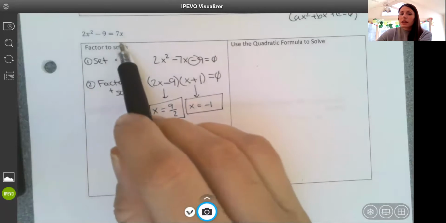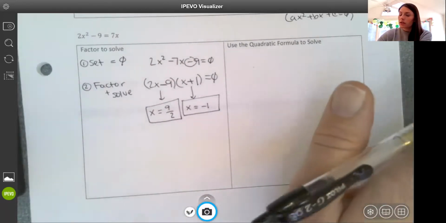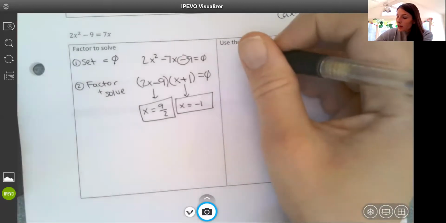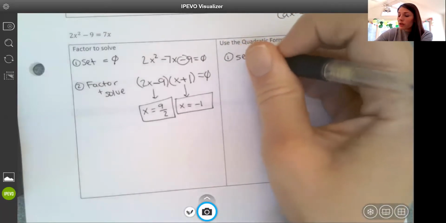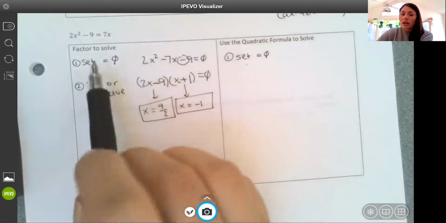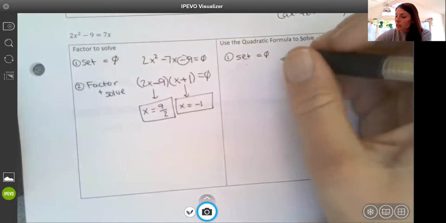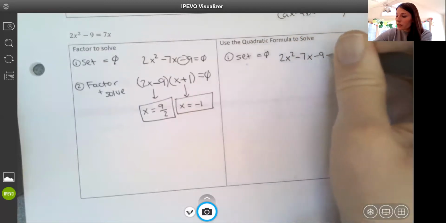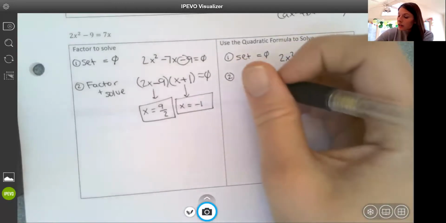Now I can take this same quadratic, and we're just going to start with ones that are factorable, because it's just going to give us a little bit easier simplifying at the end. So again, to use the quadratic formula, just like factoring, the first thing we need to do is get it set equal to 0. We can't use the quadratic formula when it's not set equal to 0. So first I have to get it in that standard form. So it's set equal to 0, just like before. And then let's identify